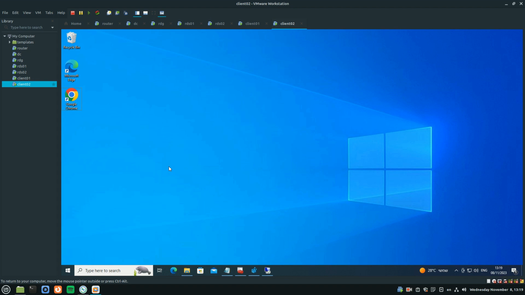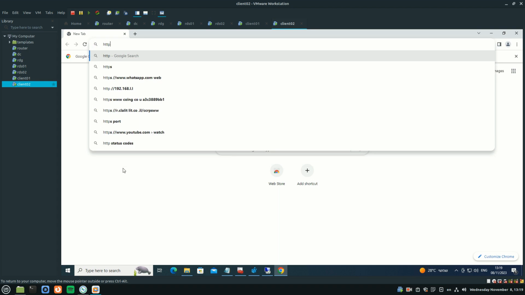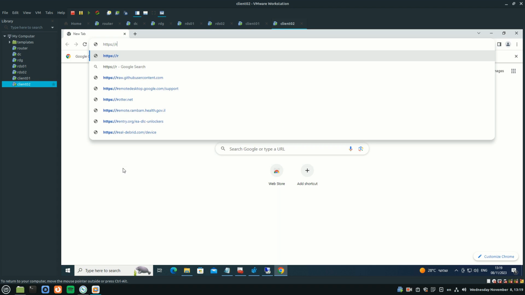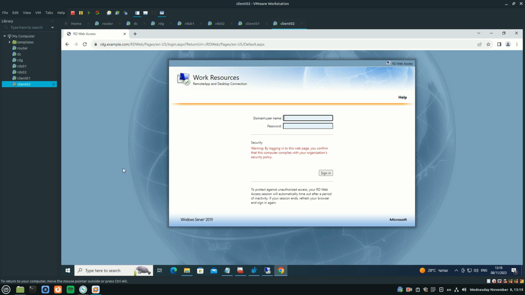Finally, let's test remote apps. Open web browser and browse to the public address of the remote gateway. Sign in.